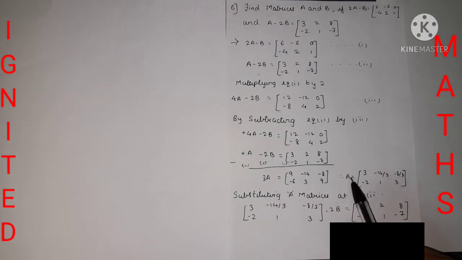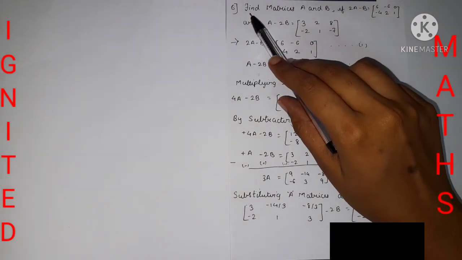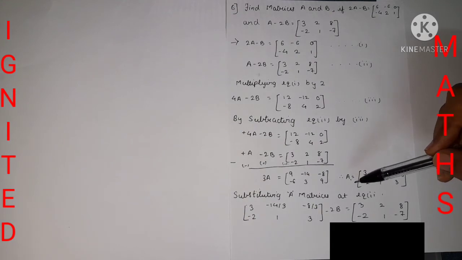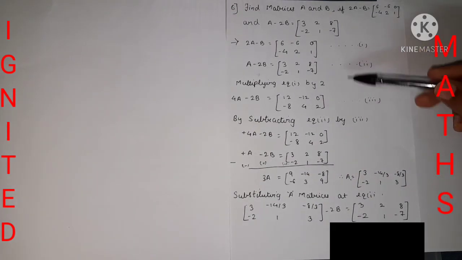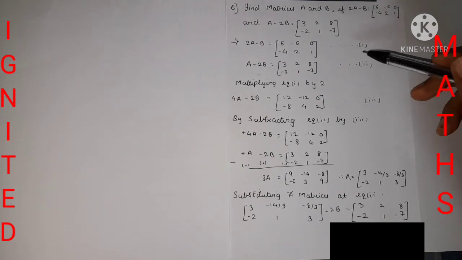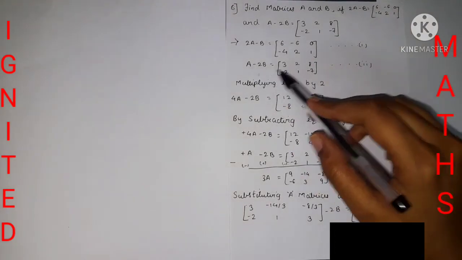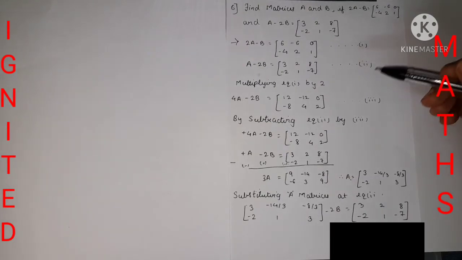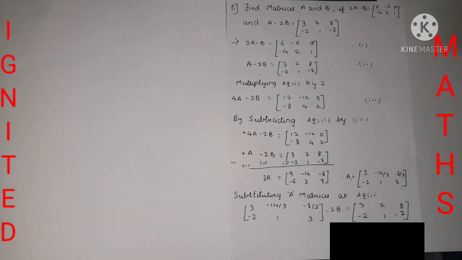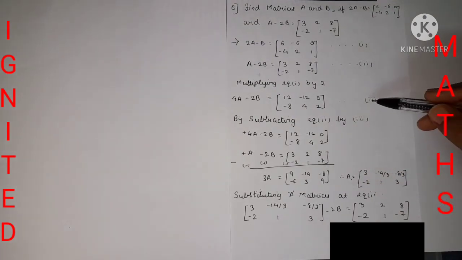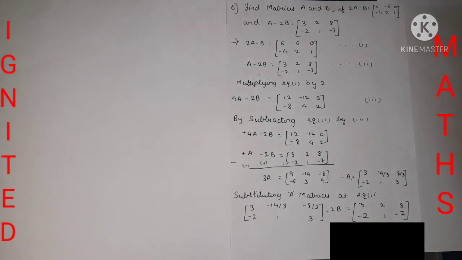Now I got the matrix A, but over here they have given that we need to find the matrices A and B. Now with the help of A, I am going to substitute in any of the equations 1, 2, 3, anywhere, and you can get the matrix B. For the simplest form, I took equation 2 because I thought that while doing the calculation with equation 2, the sum will become simpler. In that way I have thought, and I am substituting the matrix A in equation 2. You can even substitute in 1 and 3 also, and you will get the same answer.